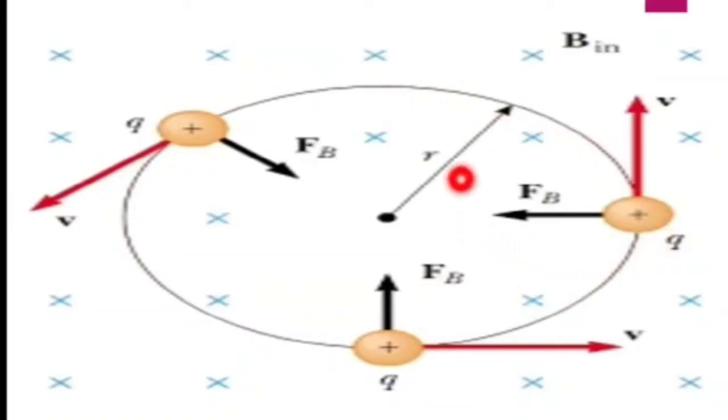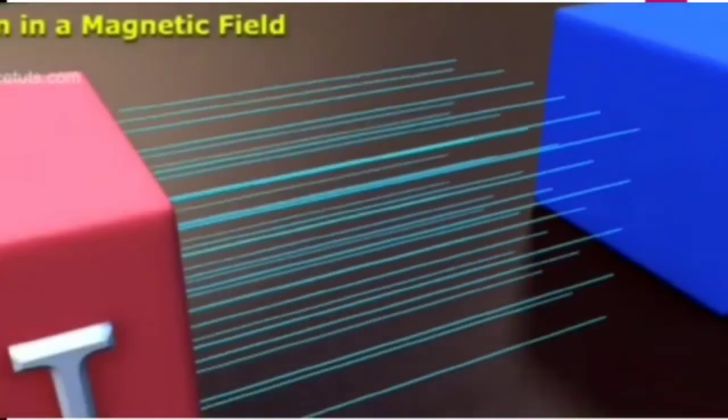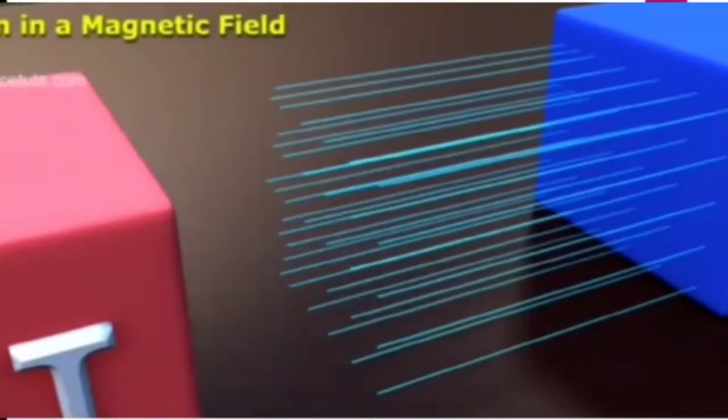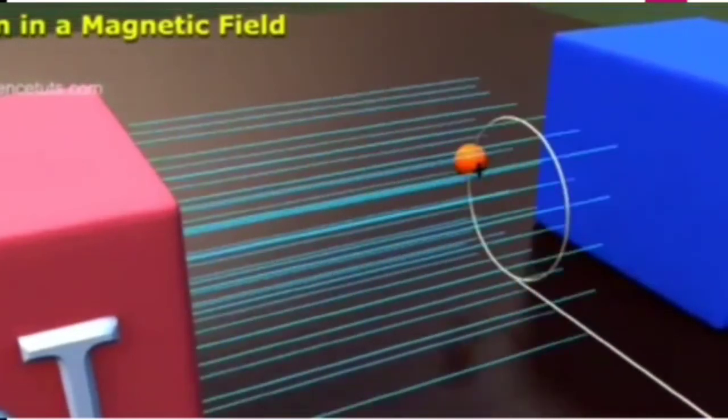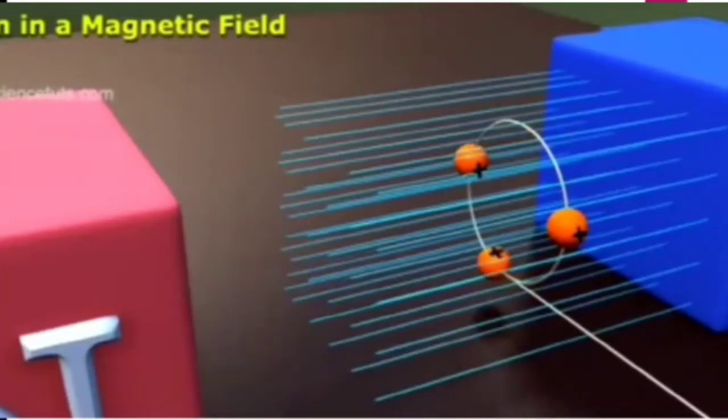In the case of motion of a particle perpendicular to the field, our particle follows a circular path. Now with the help of a small demonstration, you can get an idea what happens when the particle enters the field in a perpendicular way. As you can see in this video, the particle that was coming with a velocity v suddenly enters the field, making an angle of 90 degrees with the field, and starts moving in a circular path.